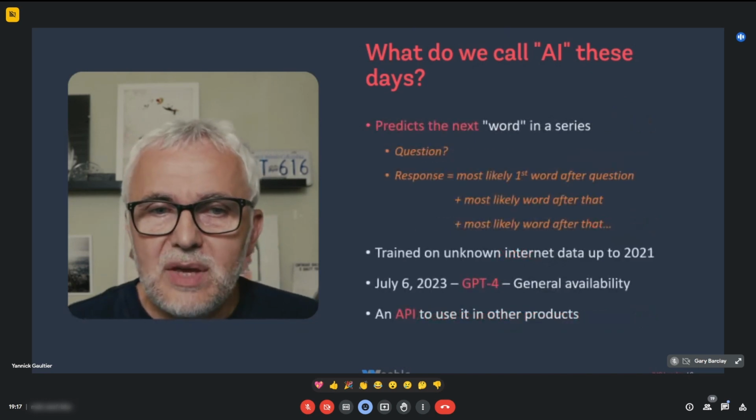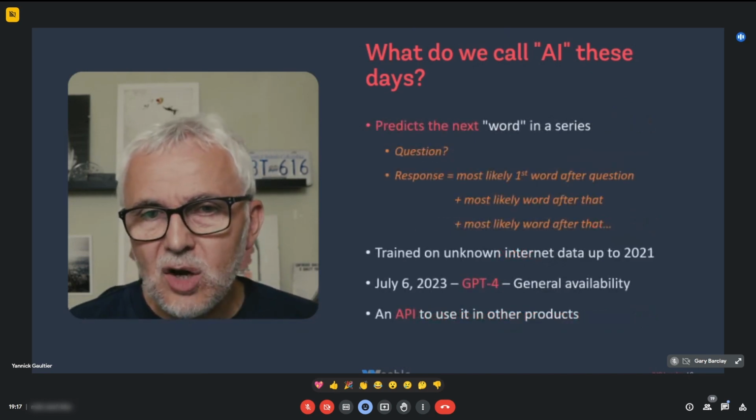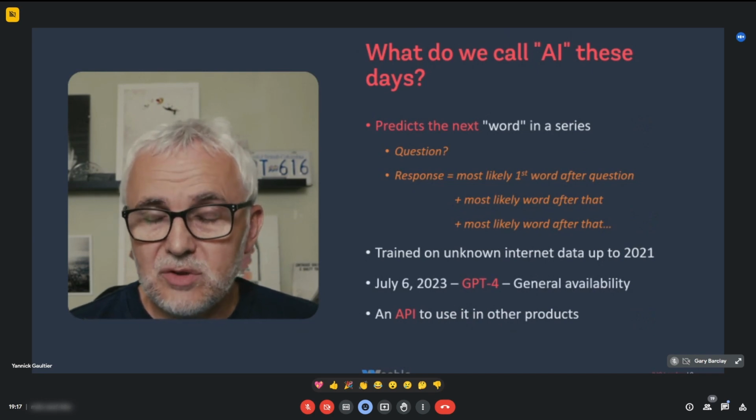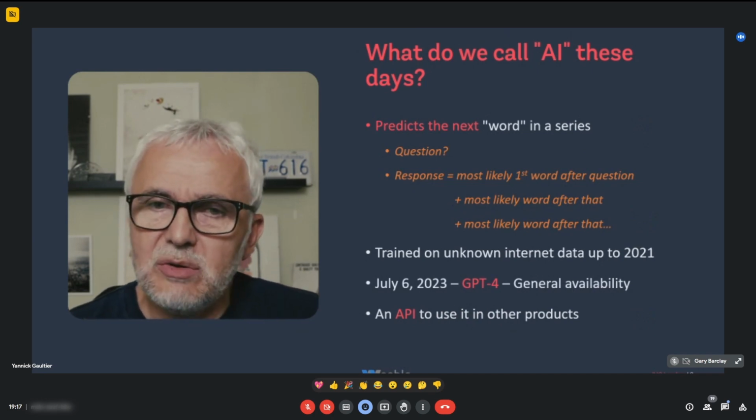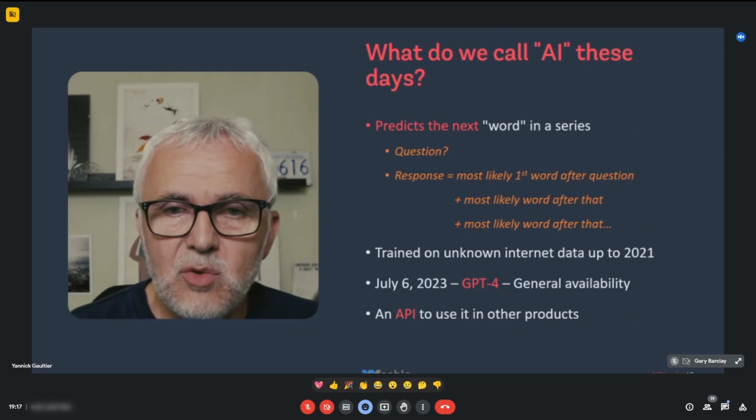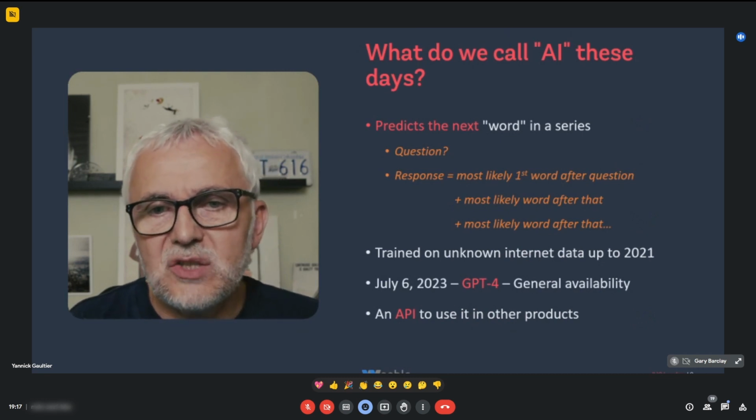So how do they work? Very rapidly, all of these tools, and surprisingly, image generators also work in the same way. They predict the next word in a series.